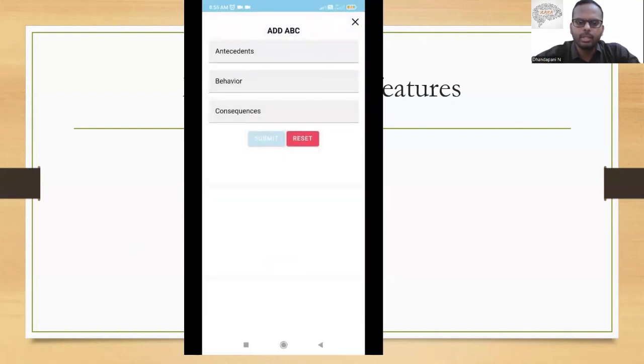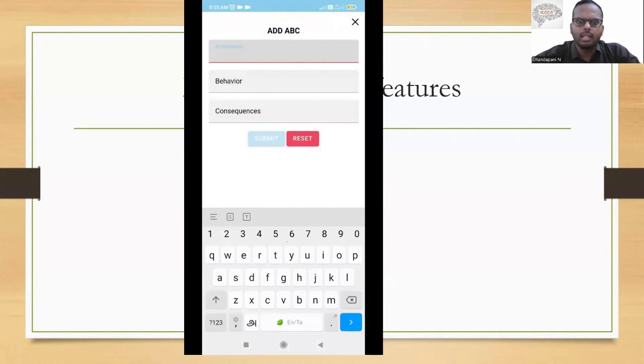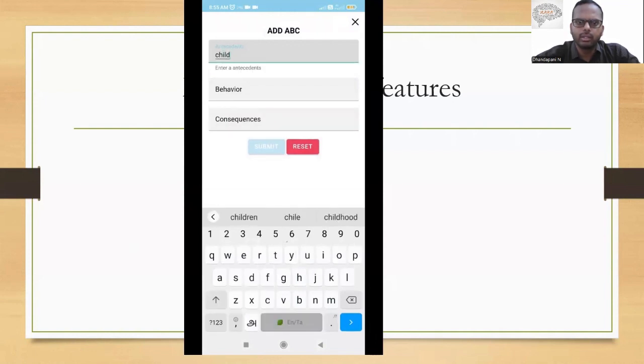Click Add ABC. ABC is antecedent, behavior, consequence. In the antecedent, for example, I am typing child asked for chocolate and I refused.